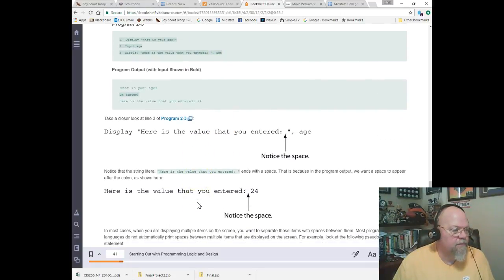And we do that now. Make sure when I type in here is the value entered colon, you put a space there, because this is a string literal that's going to actually display on the screen. If you did not leave that space there, whatever number you typed in for age is going to be up against that colon. So you have to think about that as well,